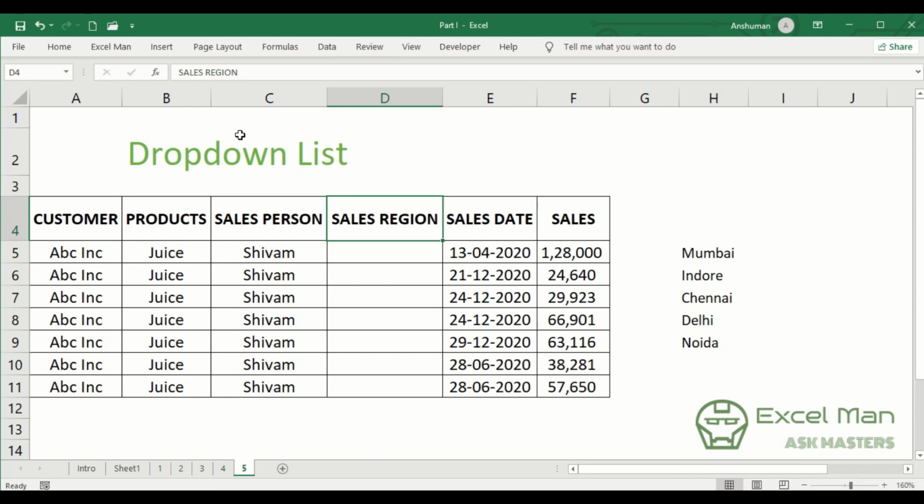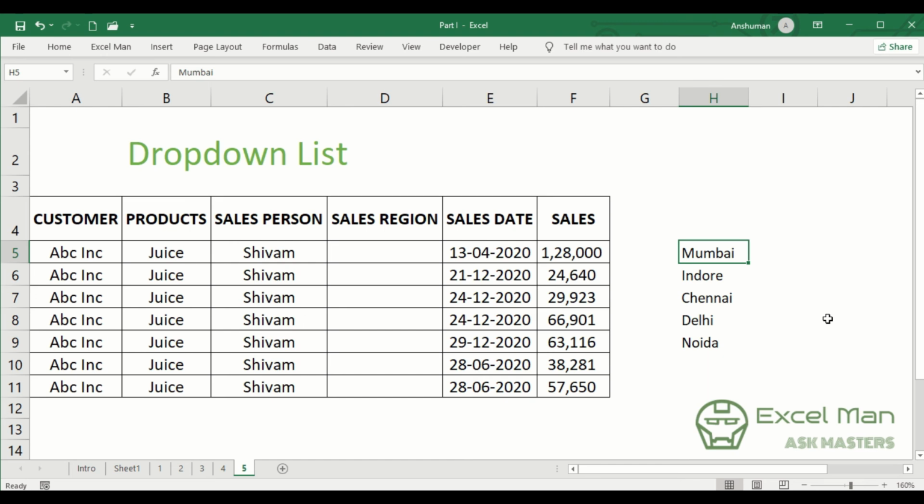Okay, so the most important Excel tool that I am going to discuss is the drop down list. Many a time you have to give your data to someone else, or maybe you are doing data entry yourself into some Excel data. And we people have a habit of using abbreviations in a lot of places. For example, let's say that in this data I have to add the sales region, and these sales regions are appearing over here. So you can see that we have a text with the city Mumbai.